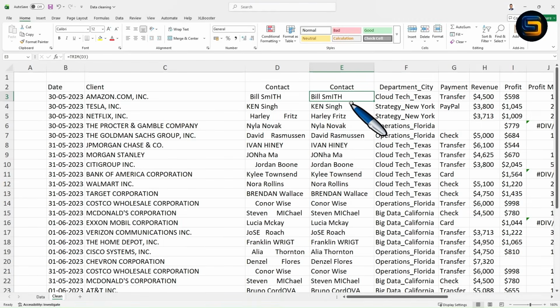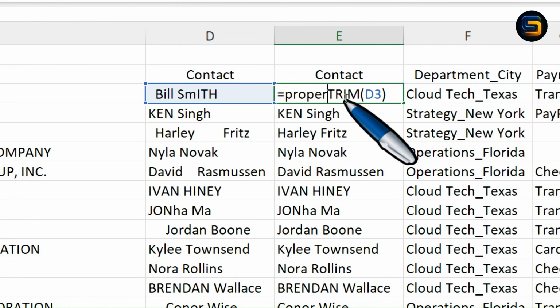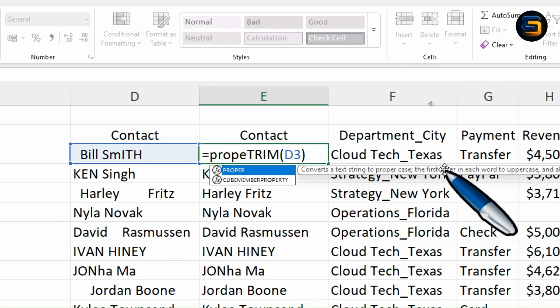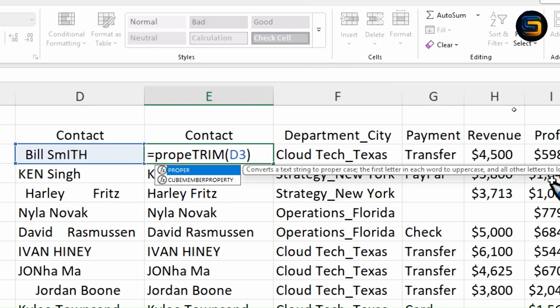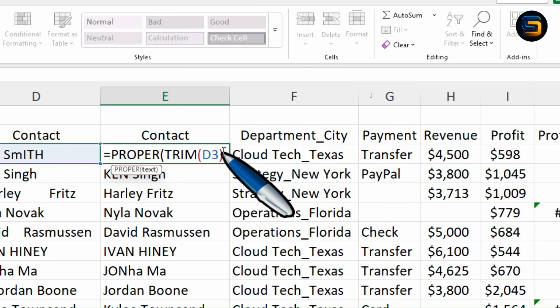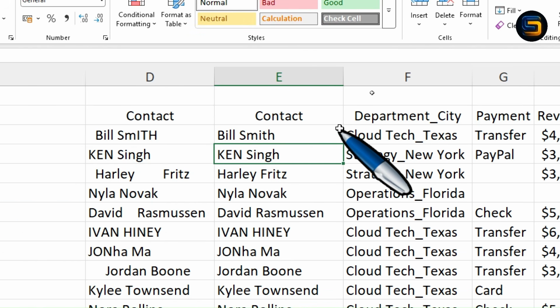Now here you can observe I have taken the TRIM formula, right? Now inside the cell only I will make some changes. So before TRIM I will write here PROPER. So this is the PROPER formula. Let me zoom in. It converts the text string to proper case, the first letter in each word to uppercase and all the other letters to lowercase, right? Now when you press Tab on keyboard, you will get the PROPER formula. Now you need to close the bracket because this is very important. If you hit enter, wow, amazing, right?